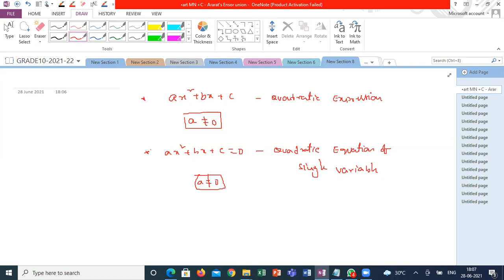The basics of linear equations, quadratic expression, biquadratic, cubic, and all the things we discussed in linear equations, so I don't want to take more time on that. Here we are going to discuss what is meant by a quadratic equation, how it represents geometrically, how quadratic equations are formed, and how they will be useful in our physics.